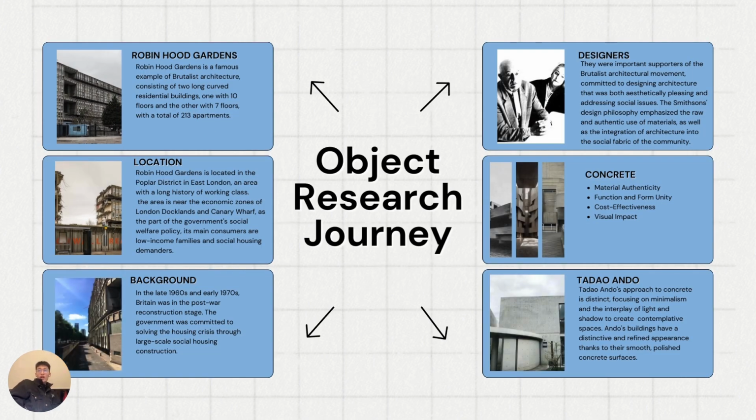Let's talk about the Robin Hood Gardens, a prime example of brutalist architecture in East London. It was designed by Alison and Peter Smithson and features two curved residential constructions with a total of 230 apartments, spread across 10 and 7 floors respectively. The Smithsons, key proponents of the brutalism movement, designed Robin Hood Gardens to be both aesthetically pleasing and socially responsive. Their philosophy emphasized the aesthetic use of material and the integrating of the architecture into the